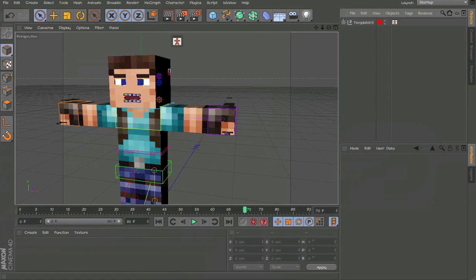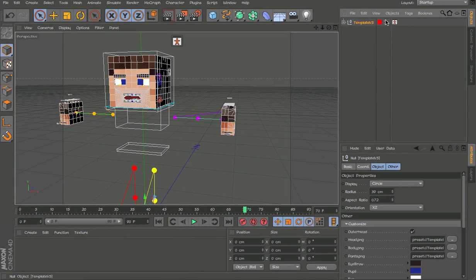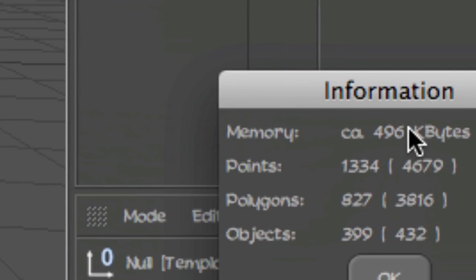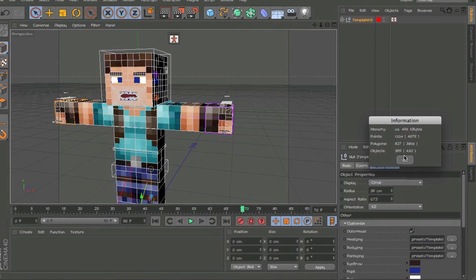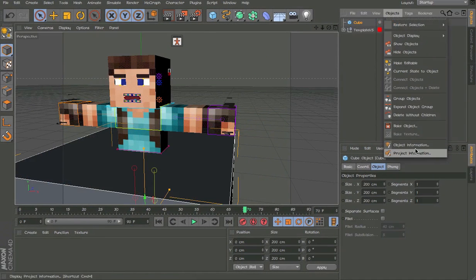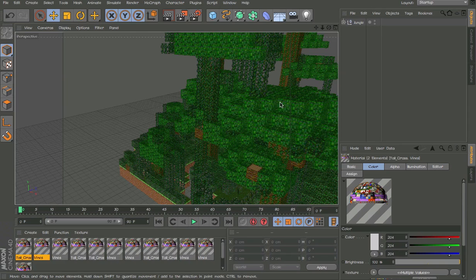So if you just select an object and you go to objects again, you can hide the object. You can show object, and object information, and it'll just tell you what this object has. Cube, select the cube, object information, so just one object and 8. Okay,